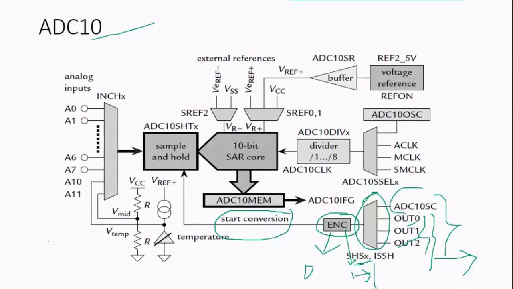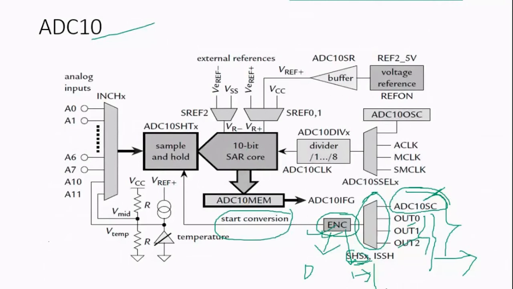Now there comes the ADC10SC. If you require different frequencies, what is the meaning of different frequencies? It is also called the ADC10 start conversion bit. This ADC10 start conversion bit is controlled by the software. So now in these 4 you have to select any one with the help of the SHX bit so that the conversion will start.